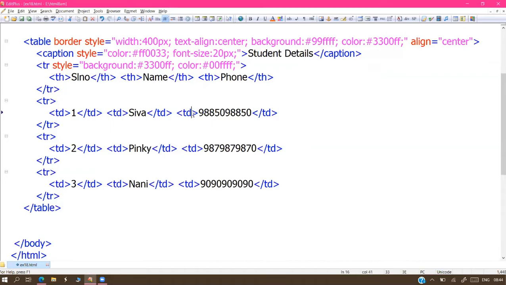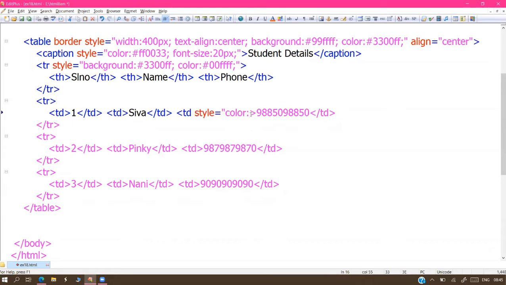Nothing special, sir. Every phone number you can display in a different color. You just have to repeat the setting here. So 10 phone numbers you can display in 10 colors, no problem. But you should write the CSS setting on the tag every time. Where the phone numbers are printing, go to the tag, apply the CSS setting, and you can display them in your required color.